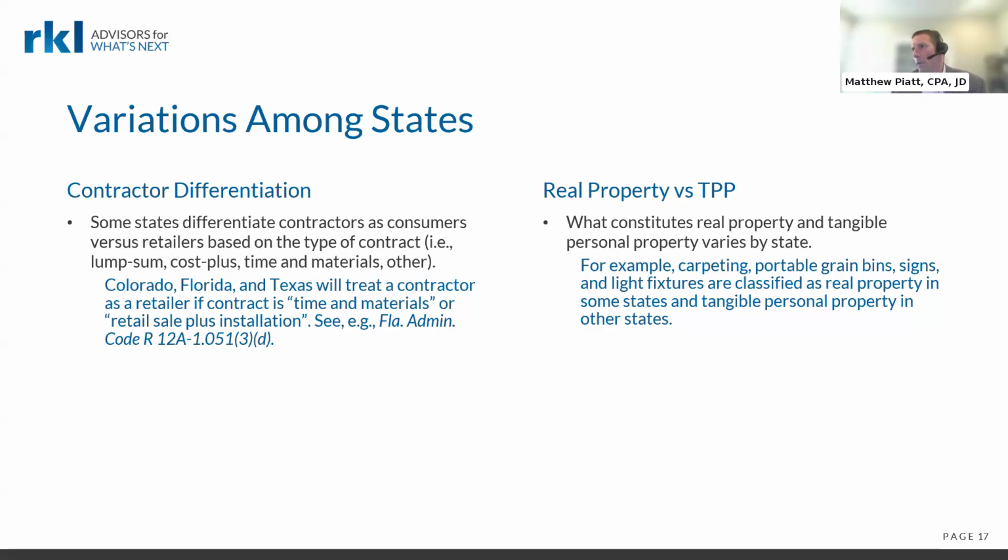This is just a summary of what we've talked about on the previous slide. States differentiate based on contract. They differentiate based on the definition of real versus tangible personal property. There's variation among whether the exemption certificate, whether the exempt status, flows through. These are just some of the common ones. There's also variation among whether they'll accept another state's exemption certificate. The states, like I said, have autonomy, so there's a whole lot of variation, and it makes it hard from a compliance perspective for somebody in-house who has to manage this.